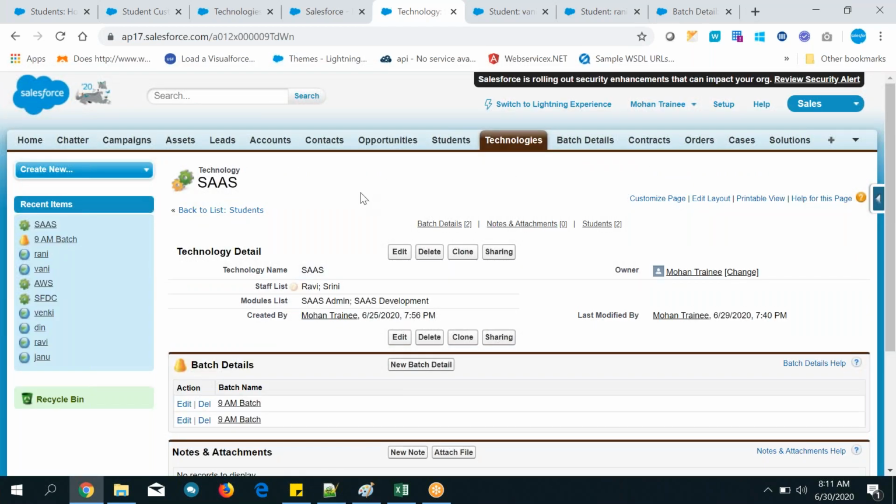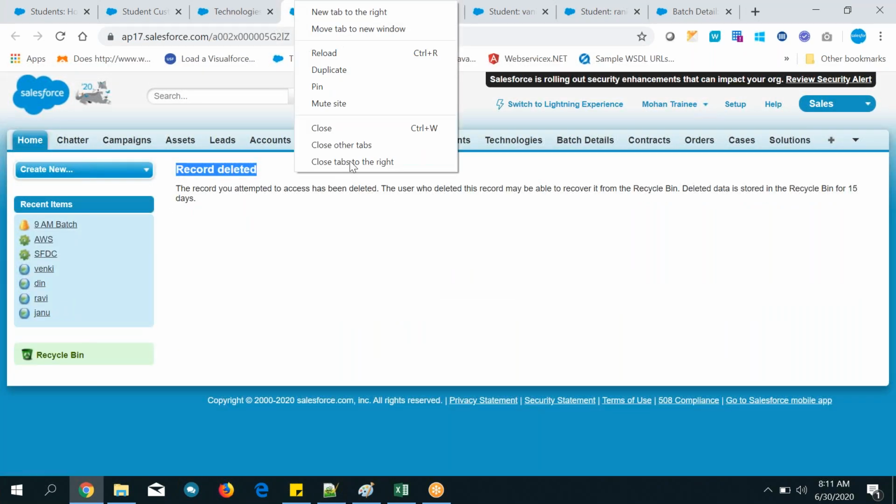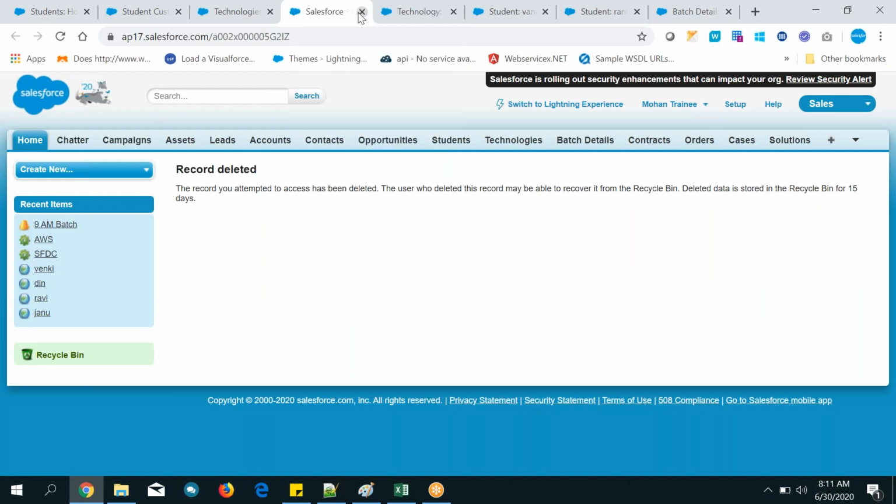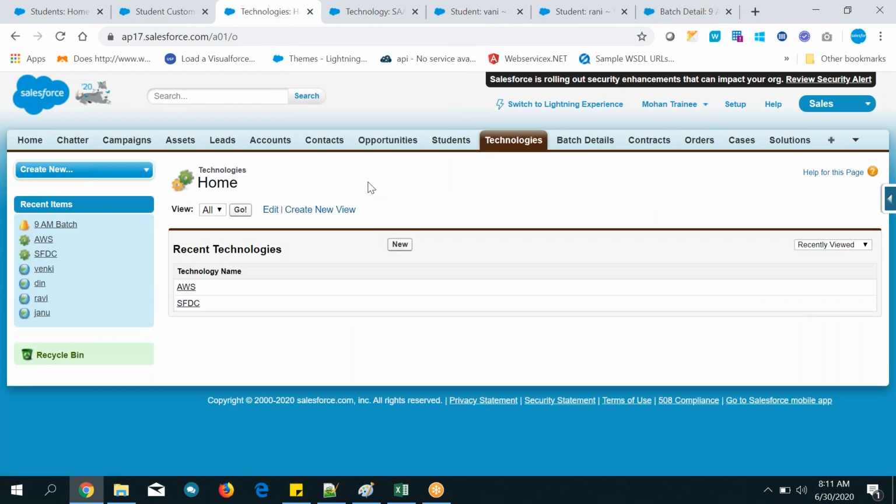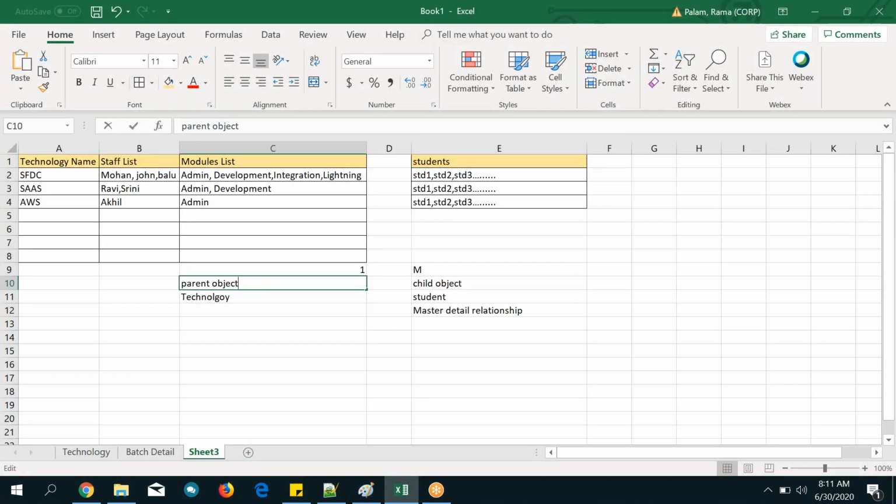If it is a lookup relationship, if you delete a master record, what will happen? Sorry, if you delete a parent record, if it is a lookup relationship, you can call it a parent relationship. If it is a master relationship, you call it a master. Technology to student is the master relationship.